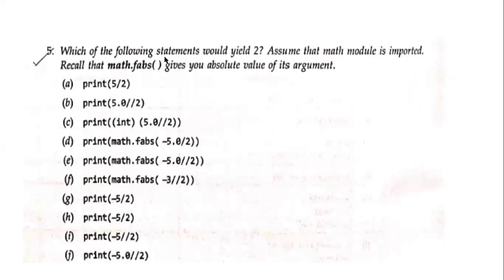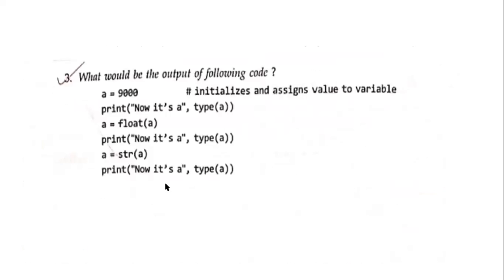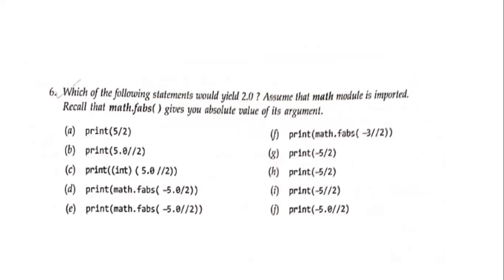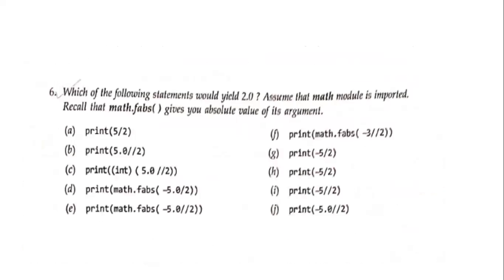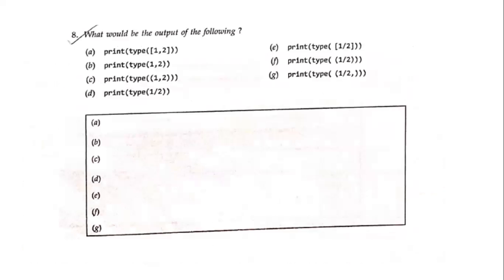With which of the following statements would yield 2? Means we'll give you the answer 2. Assuming that the math module is imported, recall that math.fabs gives you absolute values for its arguments. Wherever fabs is there, it's going to give you the absolute answer. So you're going to do all these also. So from question 3, 4, 5, even 6 and 7. I repeat, 6 and 7 and 8